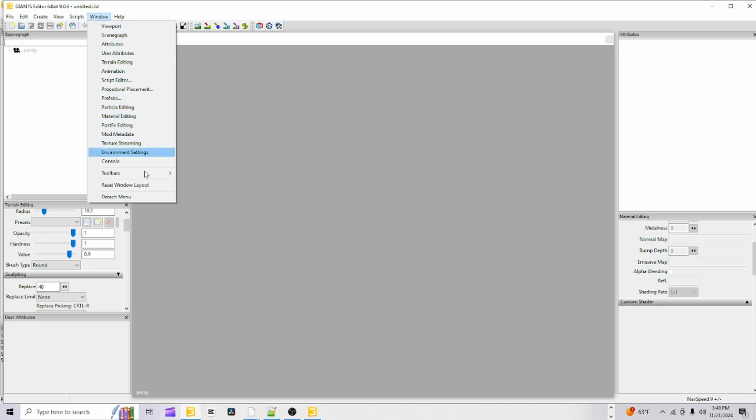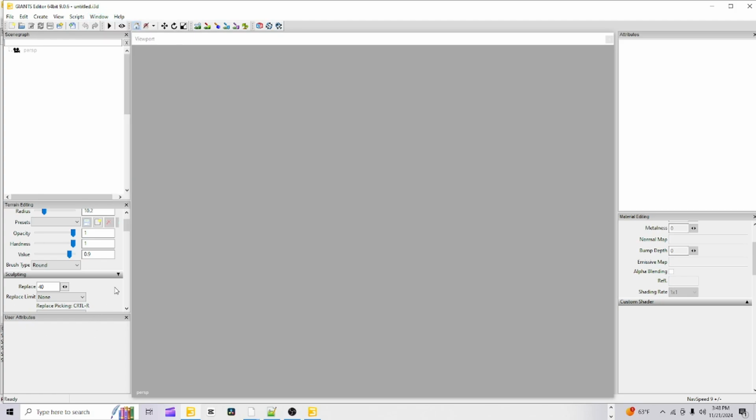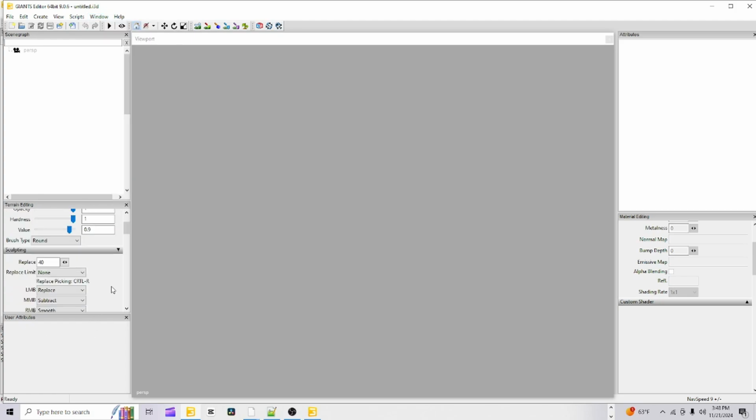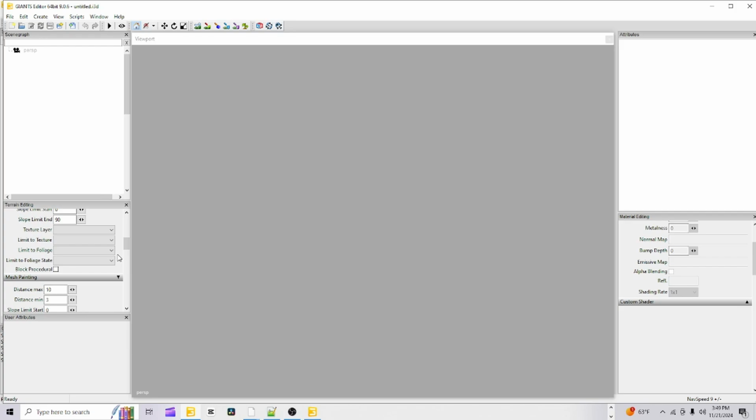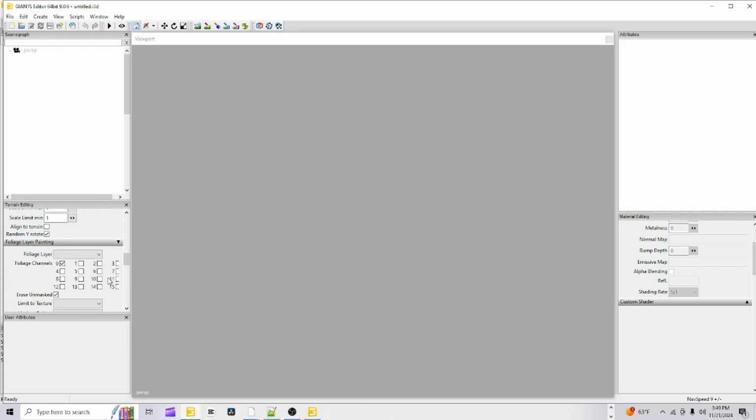I think they pretty well have everything the same. And then of course the terrain editing, here it is, and it has this. I like it better this way myself. I wish they would let us have an option to choose the tabs or choose this. But I like just being able to roll down real fast because you're already used to it and you know